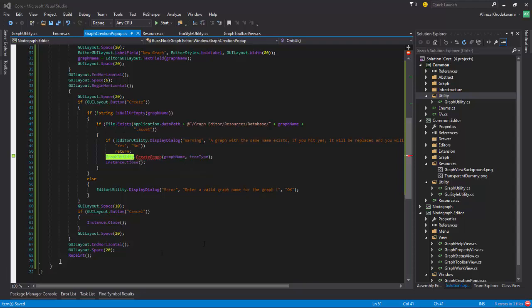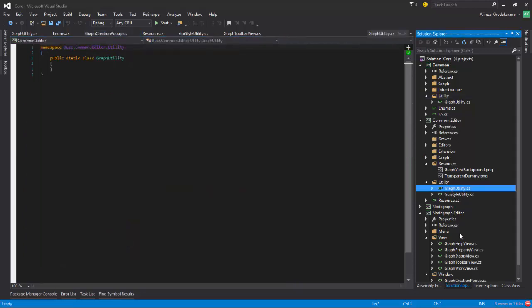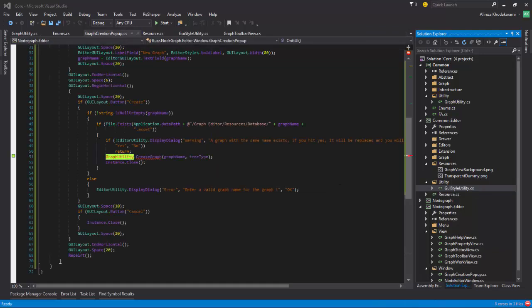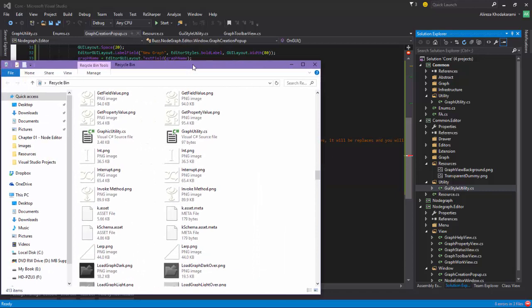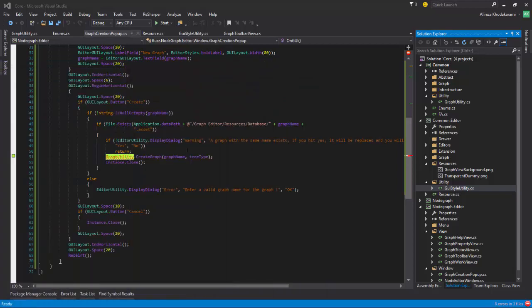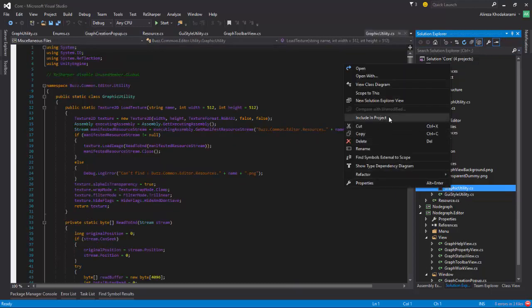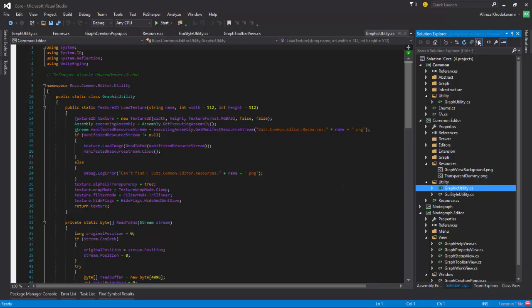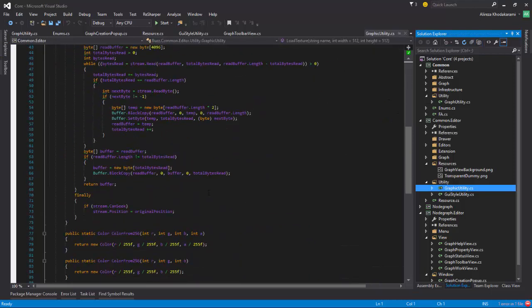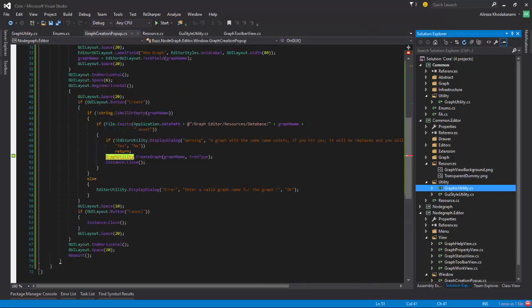And you may not have noticed it, but accidentally I deleted the GraphicUtility instead of GraphUtility. And thankfully, Visual Studio is so smart to put it inside our recycle bin so I can restore it, you know. And when I come back, you won't see it, but it's here. So we can say, hey, include in project. Thankfully, else I had to sit down and retype the whole thing. Okay, so